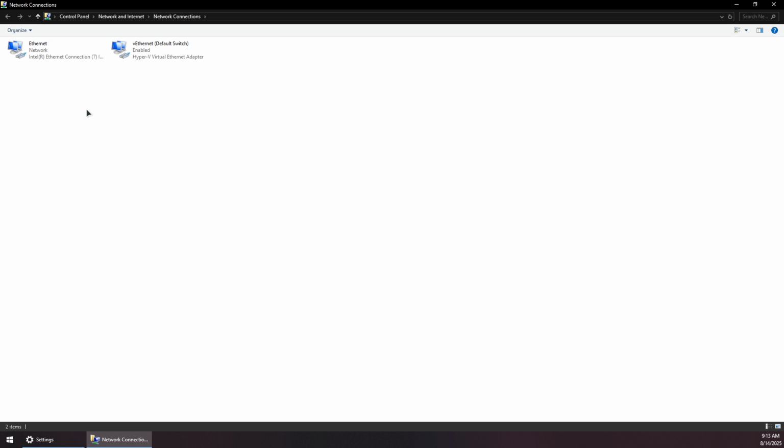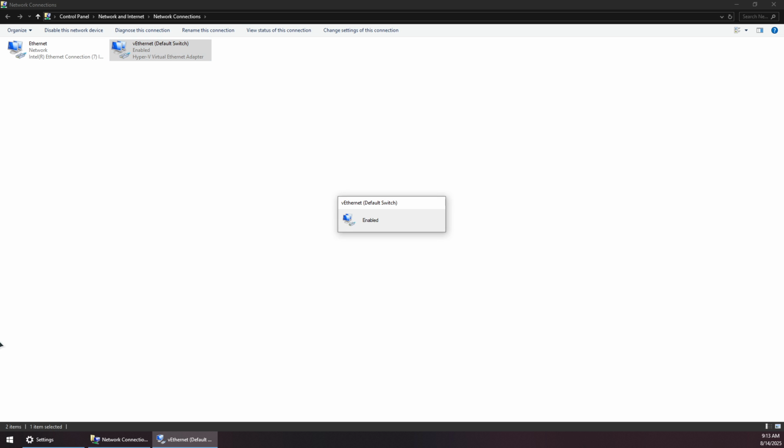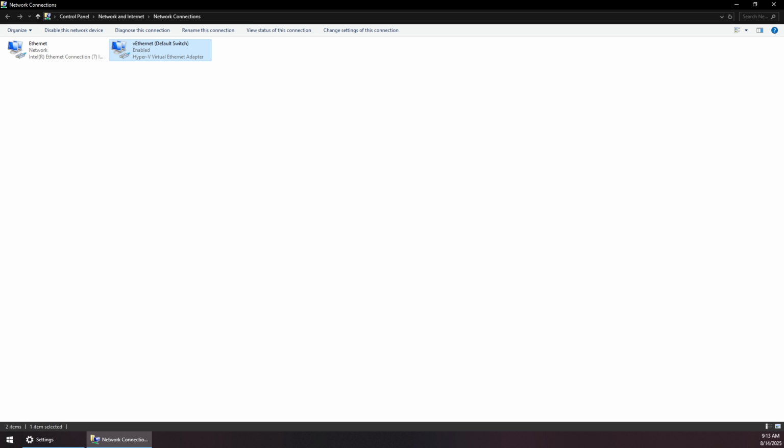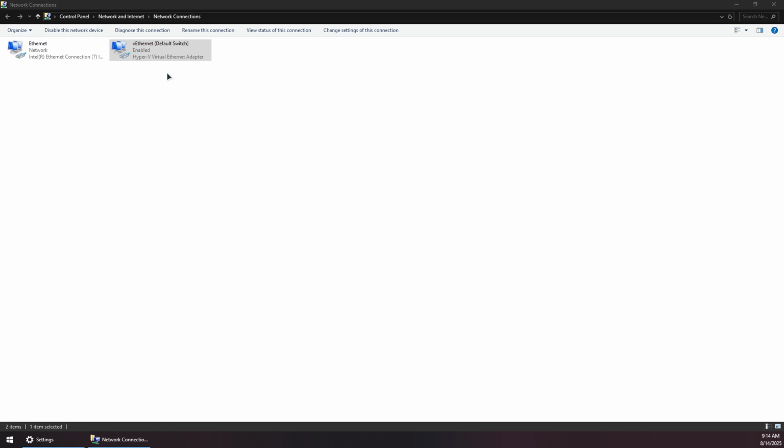Then it should open up this window right here. Now make sure your Wi-Fi network right here is not disabled. So if you see it gray like this, it means it's disabled. You want to go to your Wi-Fi network, right click on it, and then click enable and wait for it to be enabled. Now once this is enabled, you want to right click on it and then click on diagnose,